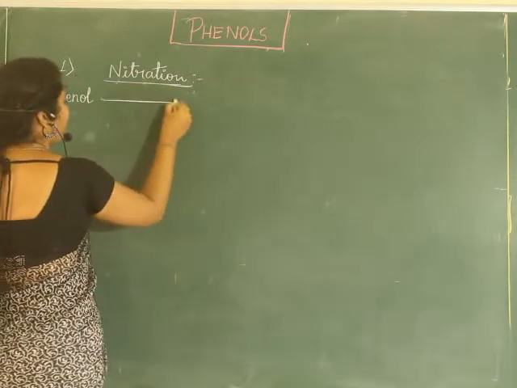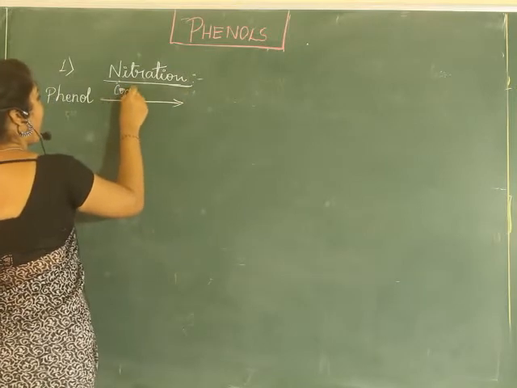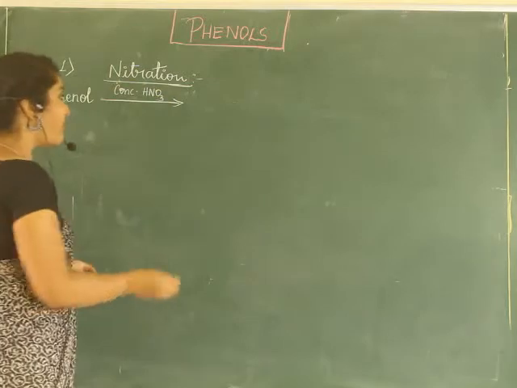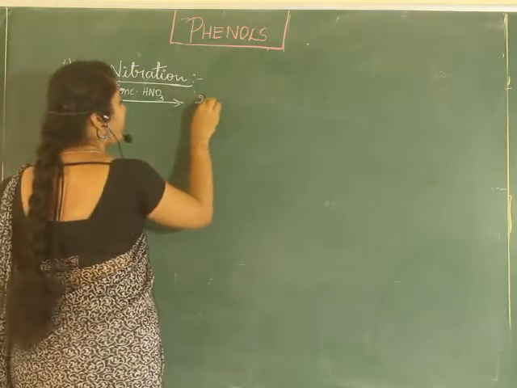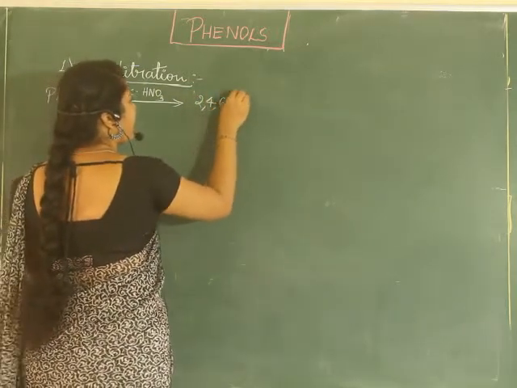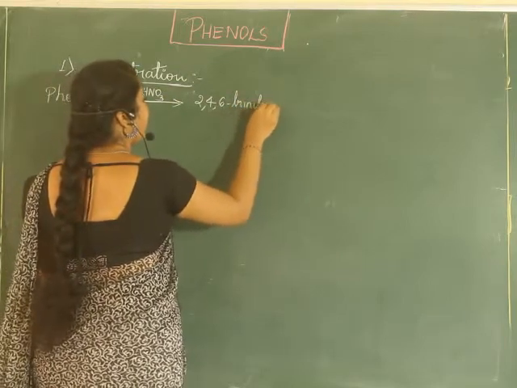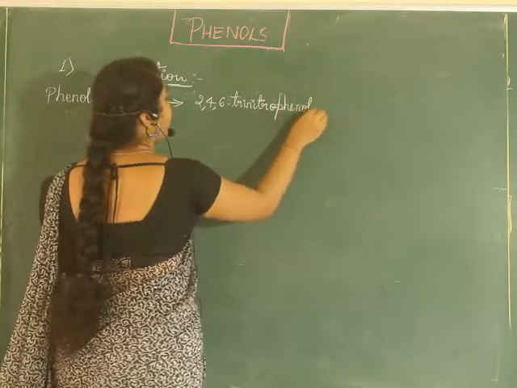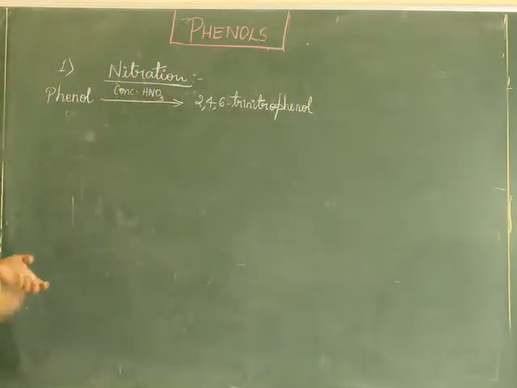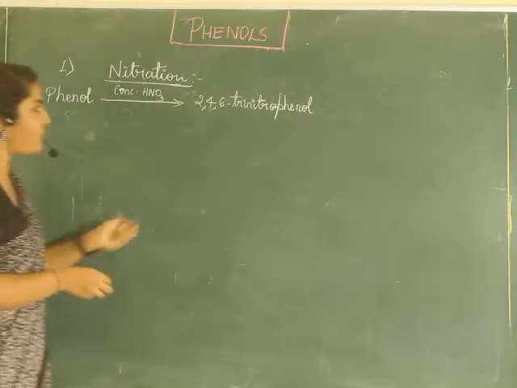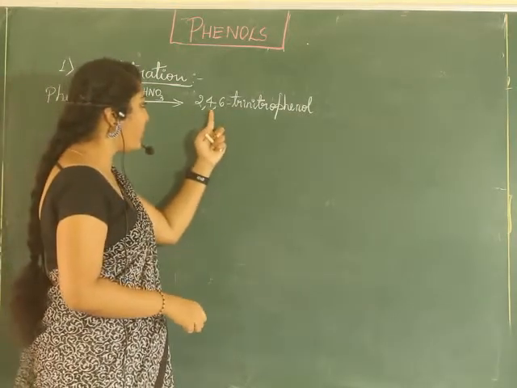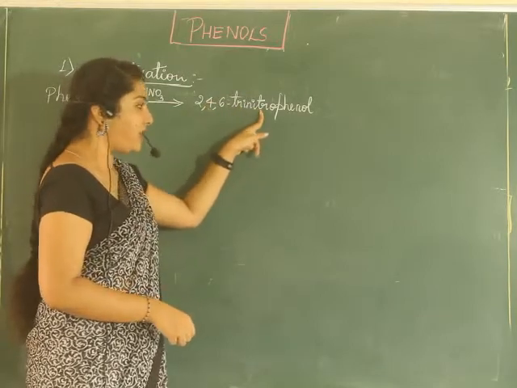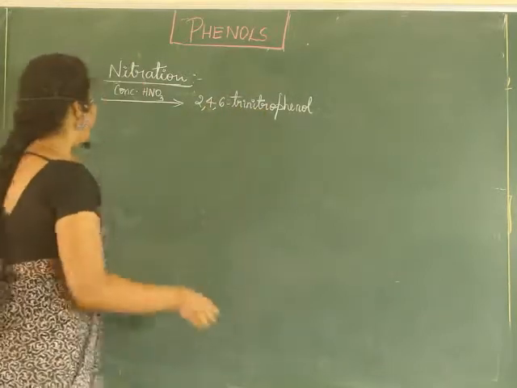So if phenol is treated with concentrated nitric acid, I'll give you the reason why. What will be formed? 2,4,6-trinitrophenol is formed. We'll write the reaction of it. You know, 2,4,6 means in second position, fourth position, sixth position, 3 nitro groups. That means each having one nitro group with phenol. Okay, we'll write